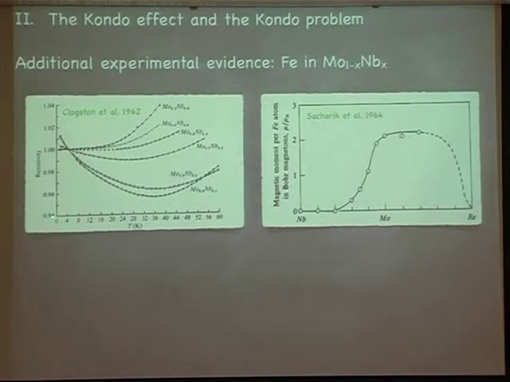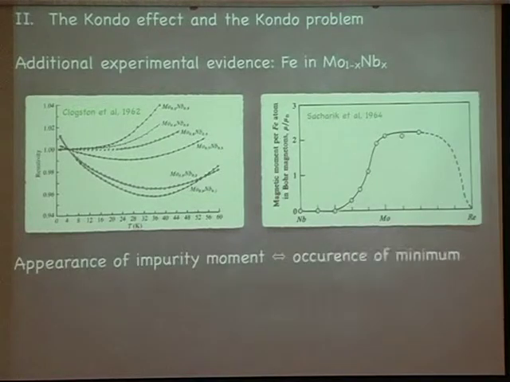It turns out that as soon as you go through the series here and you see when the minimum appears, at the same time there appears a moment on the iron. So the minimum and a moment on the iron are obviously somehow related. But that tells us that quite obviously the simple assumption of impurity scattering by some elastic potential will not be the proper way to describe it. And that's what